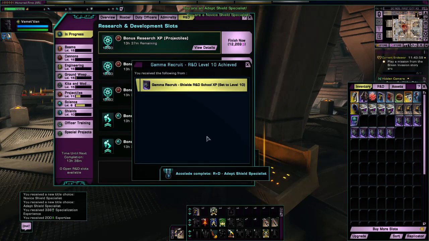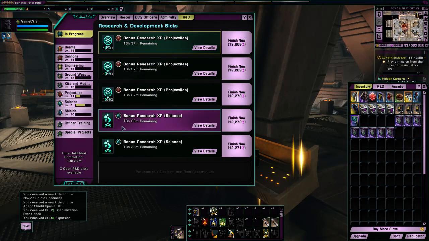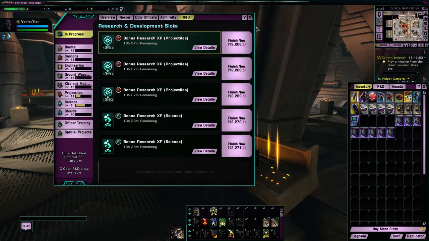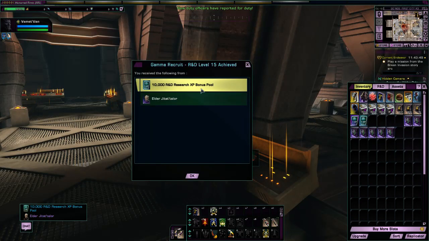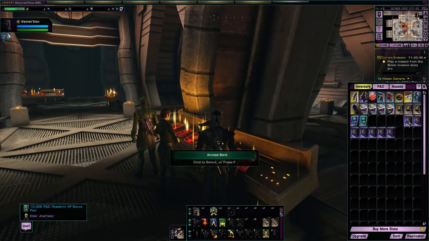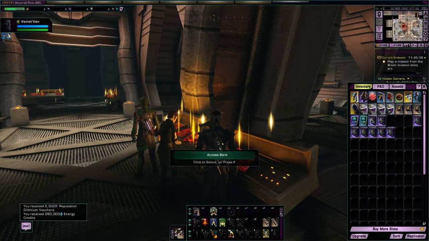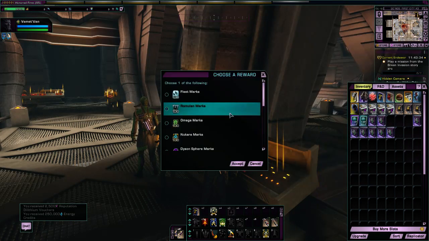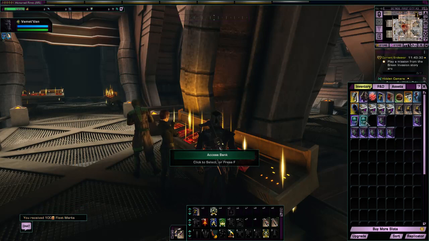Pretty sweet, huh? That just instantly put shields to level 10. Nice. Okay, that's that. Next one, we have more R&D stuff. We have another duty officer as well. Next up for shaving is some reputation dilithium and some energy credits. And we have on top of that some marks, which I am going to take fleet marks because I need